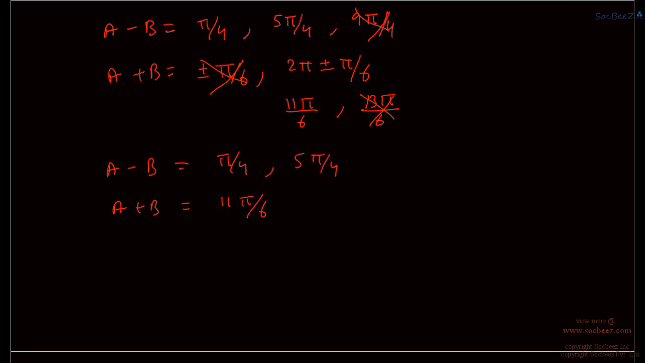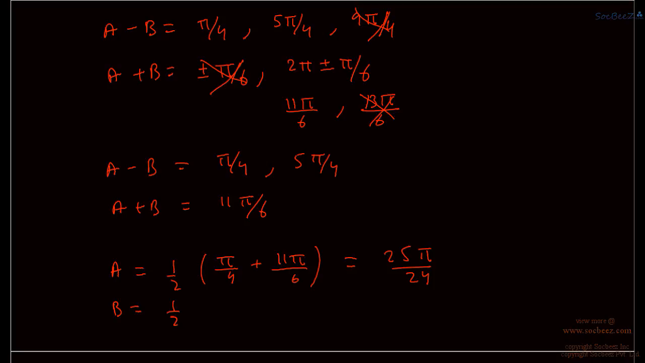Well, sorry, we can have pi by 4 too, right? Nothing wrong with that. So we get a is equal to, just add the equations, we get 11 pi by 6 plus pi by 4. Let's take the first one here, pi by 4. So 11 pi by 6 plus pi by 4, by 2. This gives us 12 is the common denominator here. So this gives us 3 plus 22 is 25